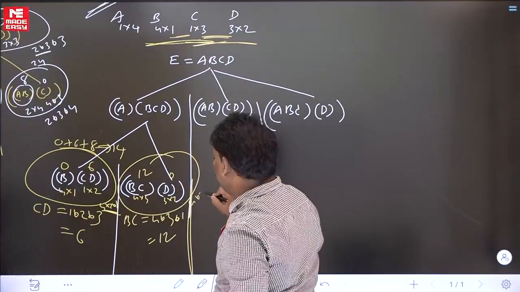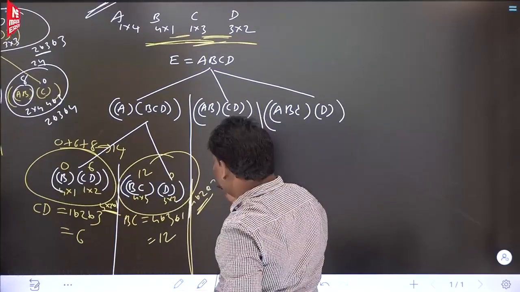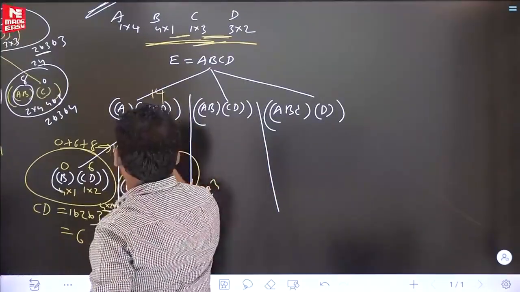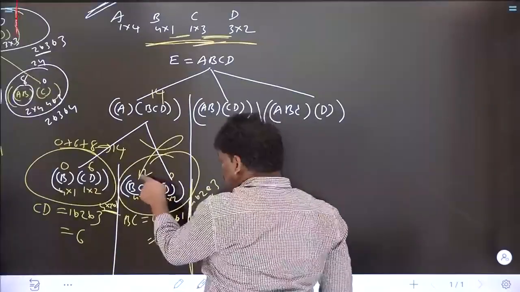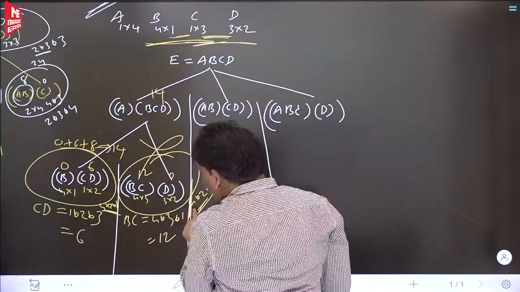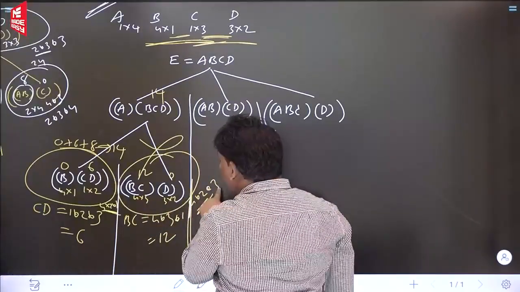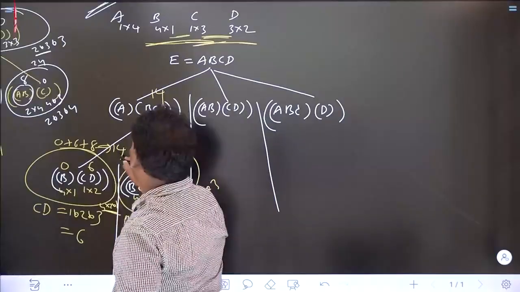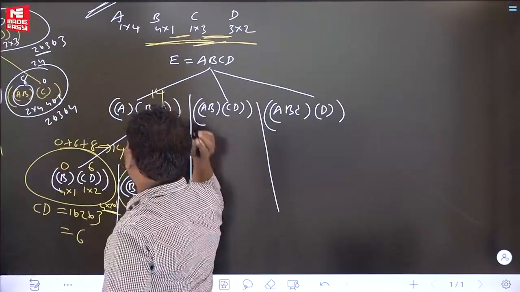What is the answer? See, 4 into 2, here itself 8, into 3. 8 into 3, 24. I think the answer is going to be 14. 14 is best. This is not okay. Here itself 12, combine is coming. What is the combine one? 4 into 2 is 8. 8 by 3 is 24. 24 plus 12 is 36. I think 14 is better. So for BCD, 14 is better.